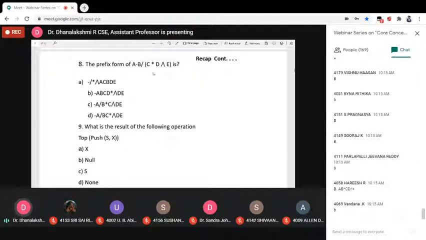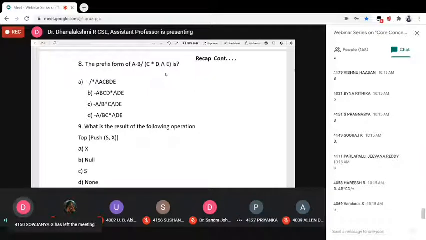But here you have to convert this infix into prefix form. So only a small thing you have to change. In infix to postfix, we scan the characters from left to right. The remaining is all the same. Here you have to read or scan the characters from right to left.